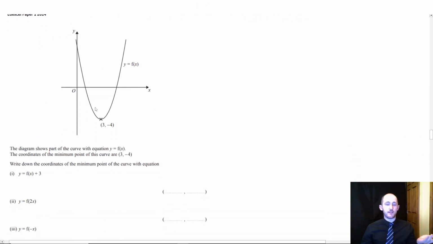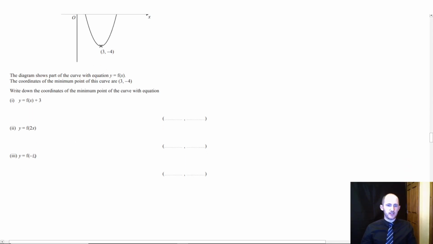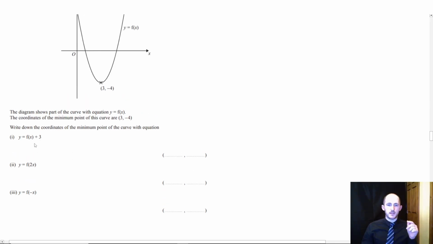So we have a very similar question here, right? Again, we have a minimum point. It's a quadratic graph, classic. And we just have to do the exact same thing with these three kinds of transformations. The only probably slightly tricky one that might give you a bit of a pause is the -x one. That's about it. So again, f of x plus 3 means we're adding 3